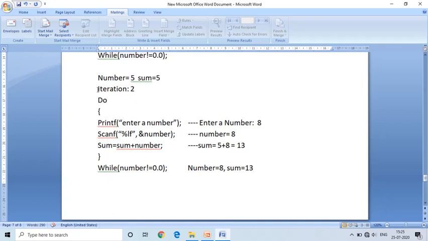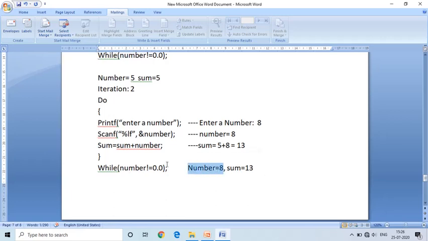Before the second iteration, the number variable consists 5, sum variable consists 5. After the second iteration, the number variable consists 8 and sum variable consists 13. It checks the condition while number not equal to 0. Yes, number consists 8.